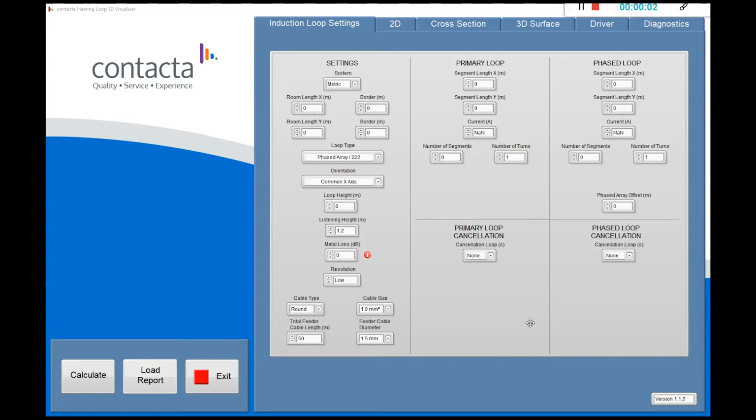Our large area loop calculator is the quick and easy way to calculate what hearing loop drivers and cable lengths are required for your installations. It provides scaled hearing loop layout representation, calculates the current required, has selectable metal loss adjustment, and will automatically calculate